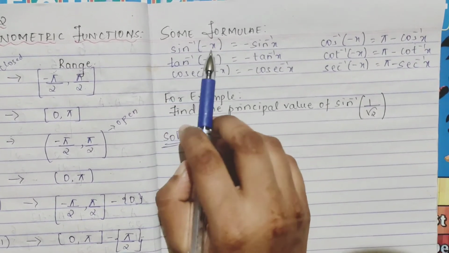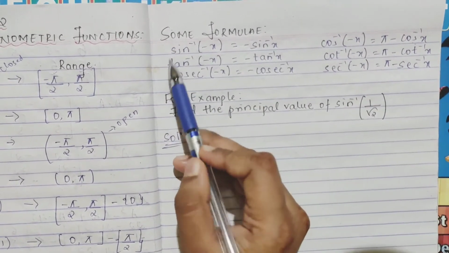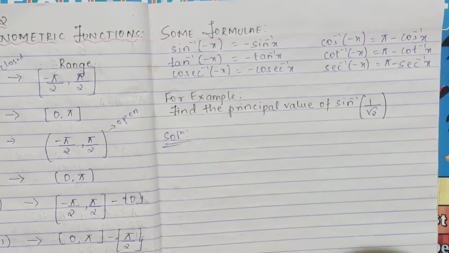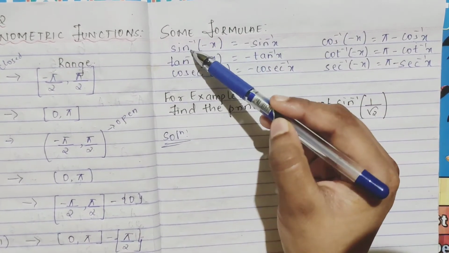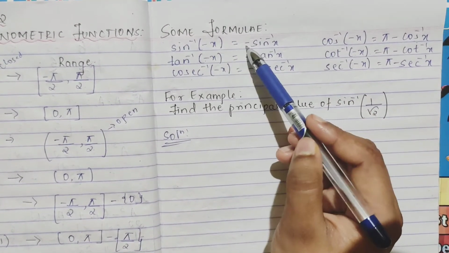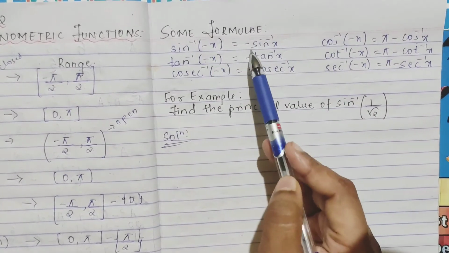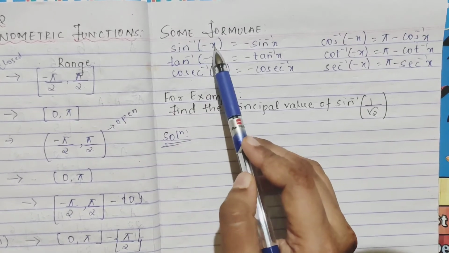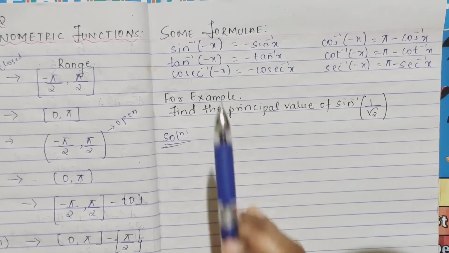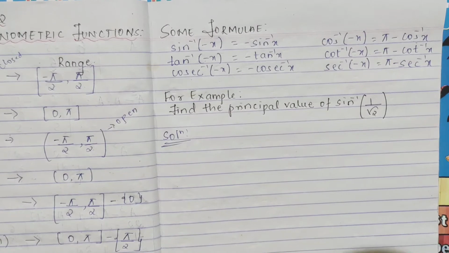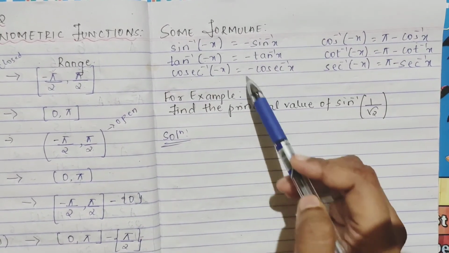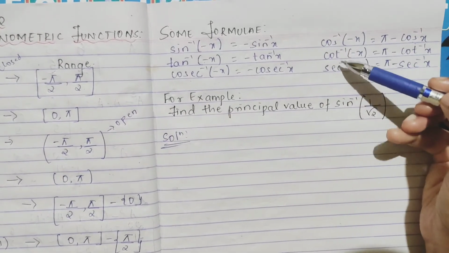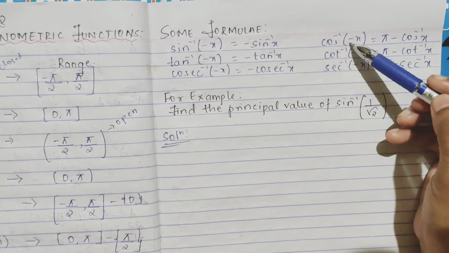So see, sine inverse of minus x is minus sine inverse x, tan inverse of minus x is minus tan inverse x, cosec inverse of minus x is minus cosec inverse x. So whenever sine inverse of any negative is coming, it is omitting the minus, meaning the minus is outside and then the normal side, because for sine of a negative angle we don't get a value, right? So it is omitting the value, and it becomes outside here, it is minus. Next is here for cos, cot and sec, here they have absorbed the minus sign.